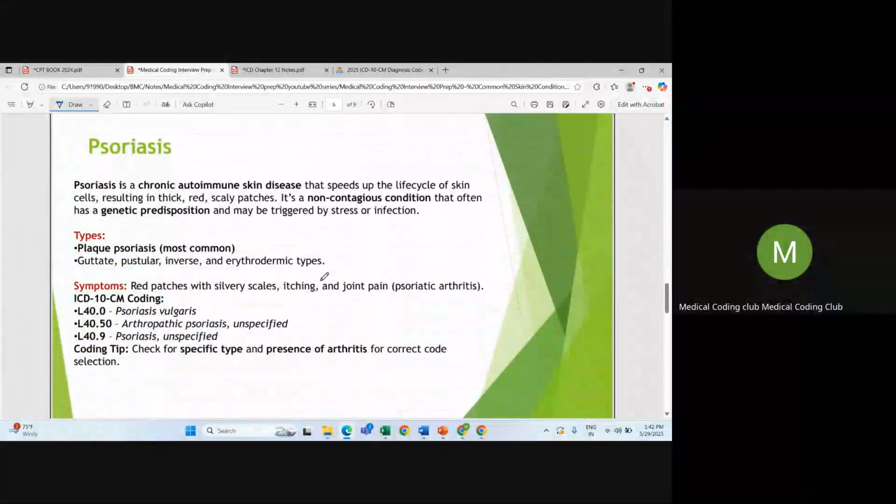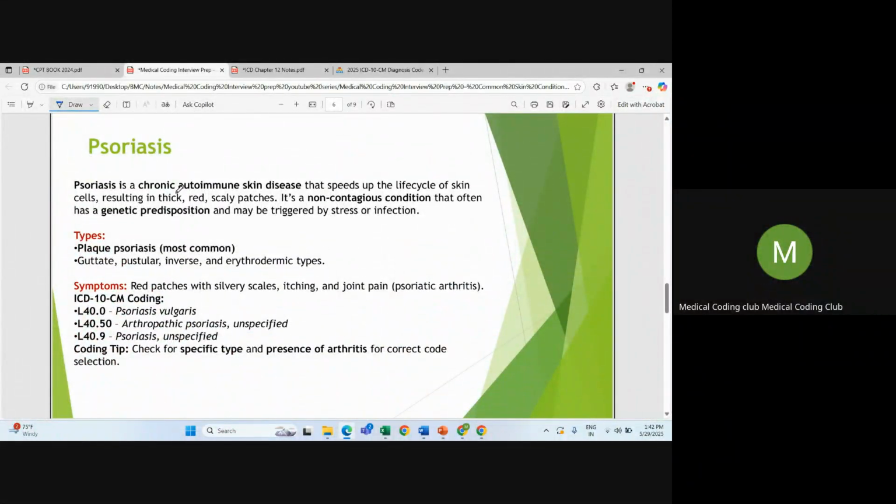So next one is psoriasis. Psoriasis is a chronic autoimmune skin disease that speeds up the life cycle of the skin cells, resulting in thick red scaly patches, and it is a non-contagious condition that often has a genetic predisposition and may be triggered by stress or infection. Okay, so psoriasis is also a very common skin related medical condition, and as they said, it's a chronic